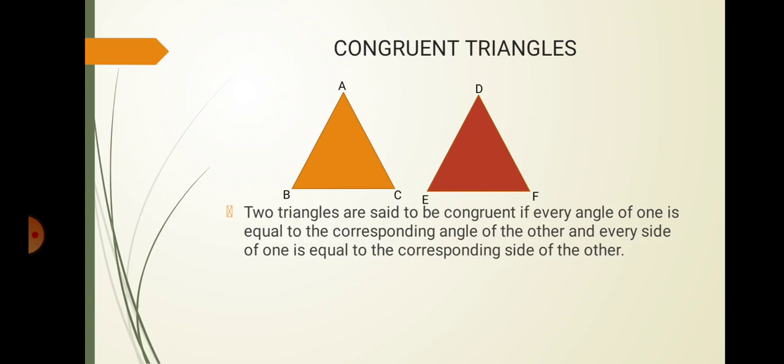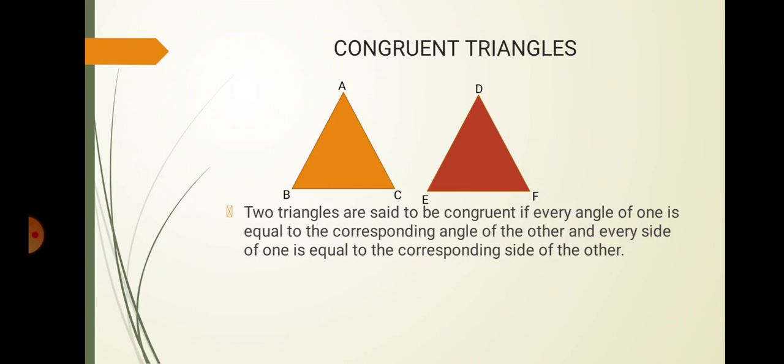Let us look at a few examples. A 250 rupees note is congruent to another, because it will have the same size, same shape, everything will be the same. Even if you flip and join, it will be the same. Otherwise, if you tilt and join 250 rupees notes, it will be the same. So if two things or two objects have the same size and same shape, then they are called congruent.